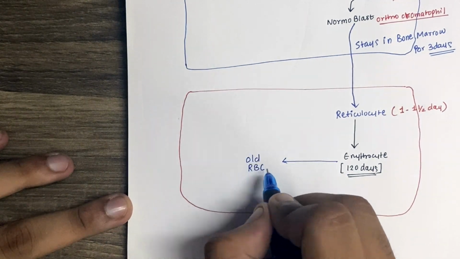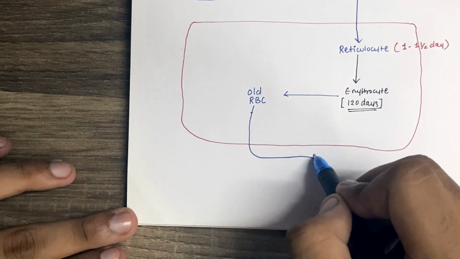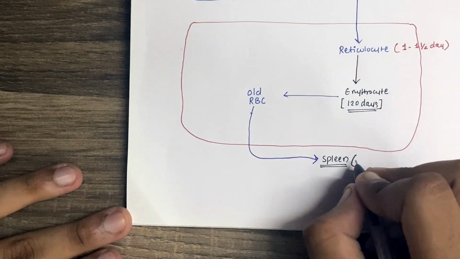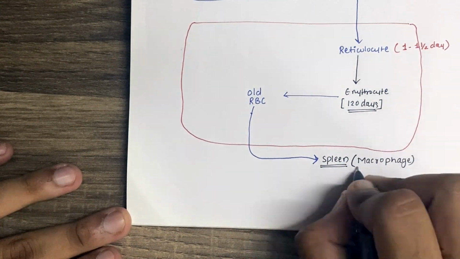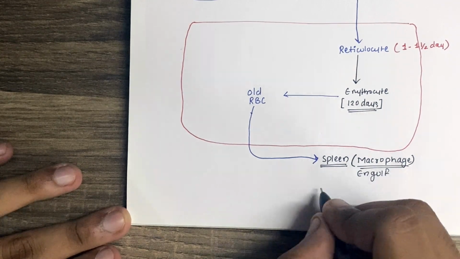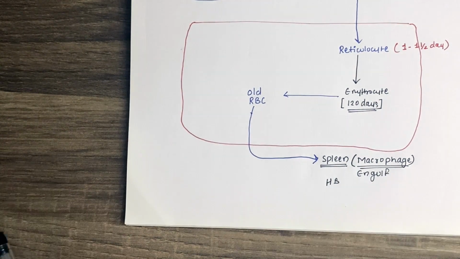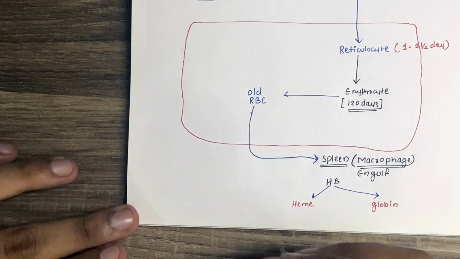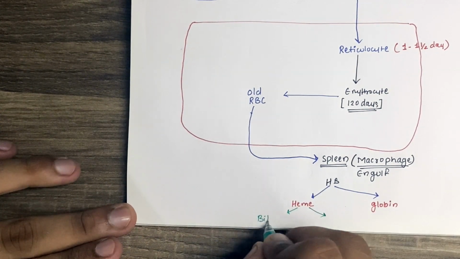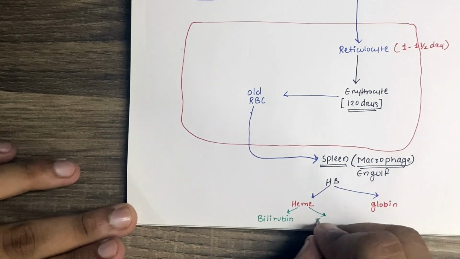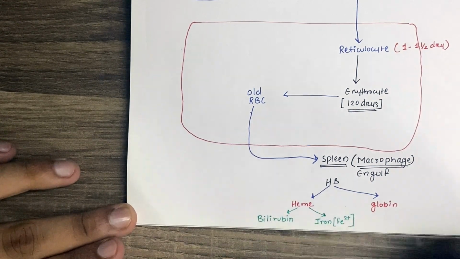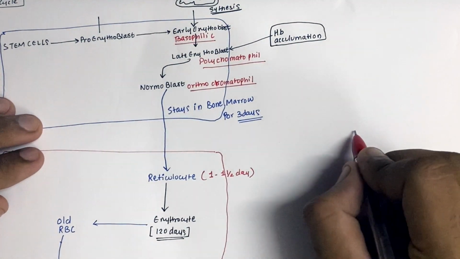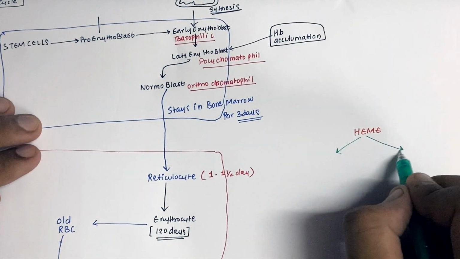What happens is the old RBCs go into the spleen, and there are macrophages which engulf them, and the leftover is hemoglobin. This hemoglobin is converted into two things: heme and globin, and heme is broken down into two parts, called bilirubin and iron. So bilirubin and iron. Iron basically stays there